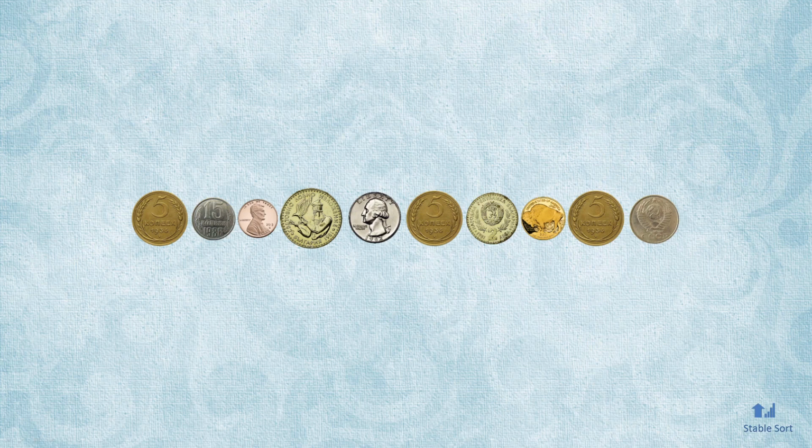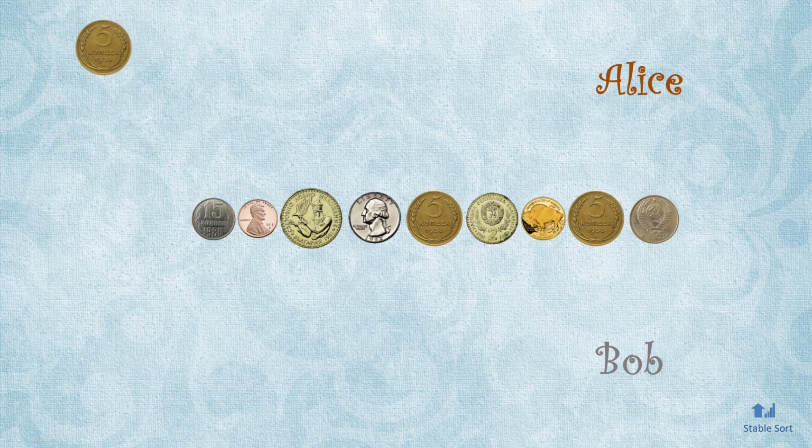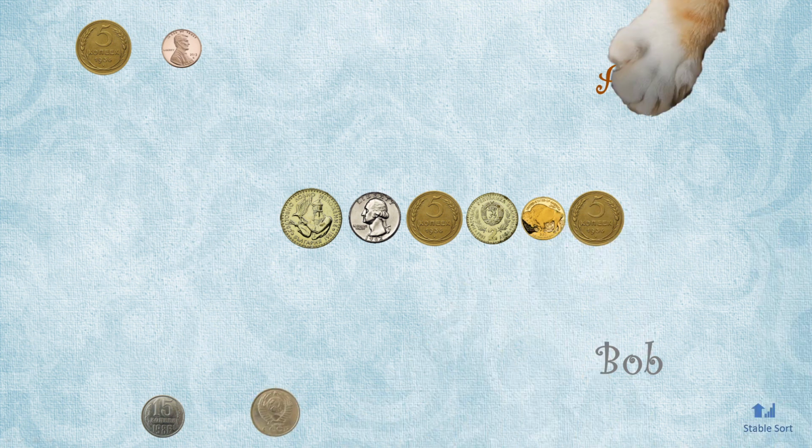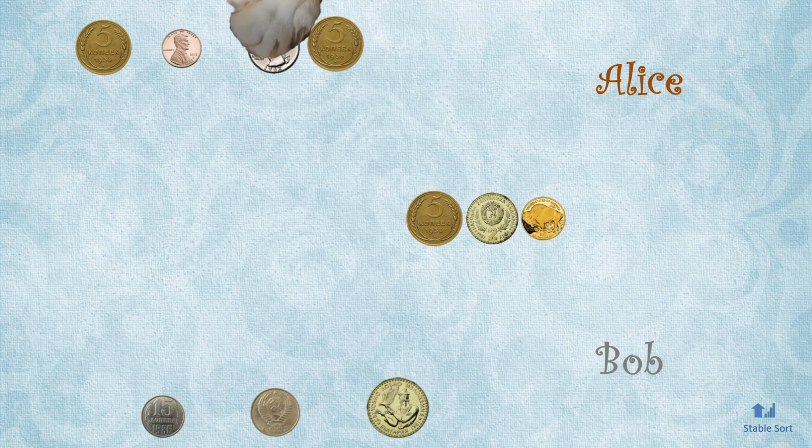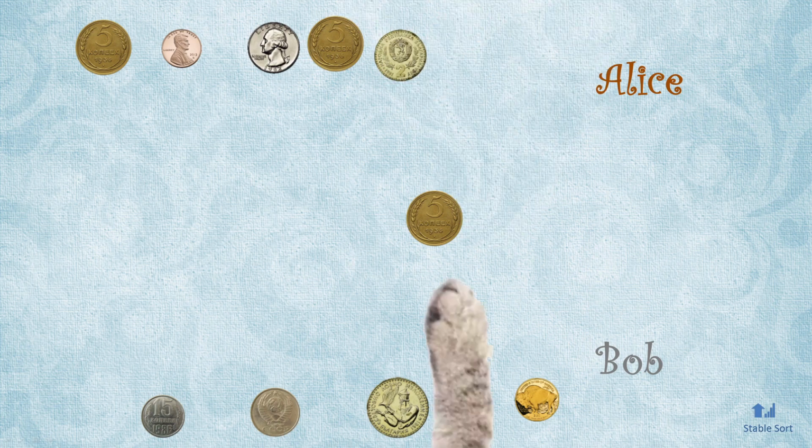N coins in a row is a game that's defined as follows. Some number of coins of various denominations are arranged in a line. Two players, let's call them Alice and Bob, take turns at removing a coin at either end of the line. They are free to choose which end of the line to take a coin from, but taking a coin from the middle is not allowed. The winner of the game is the player who collects the most amount of money.